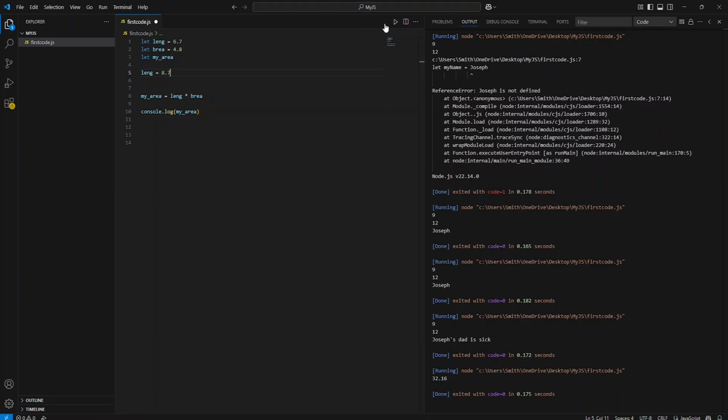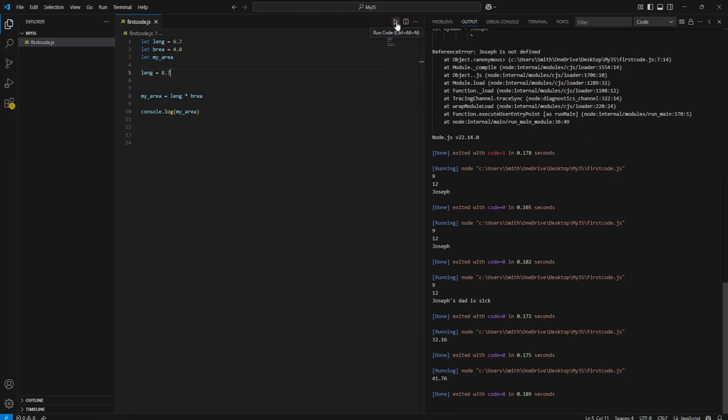Okay, and now Control S to save this line of code, and if I just run this, you guys can see it is showing me the answer as 41.76, and before the answer was 32.16. Okay, so this is how it actually works. If you do want to update it, you can also update inside a variable, and while defining a variable